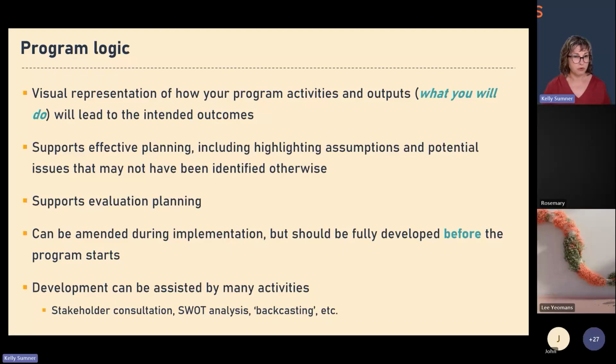This then will also help you figure out how you can evaluate your project. And evaluation is another one of those things that's becoming more and more important for funders. They don't just want to be investing in things that seem like a good idea. More and more often now, they want to, yes, be investing in things that seem like a good idea, but then get some evidence of the effectiveness of that, which they can then use going forward to inform what future